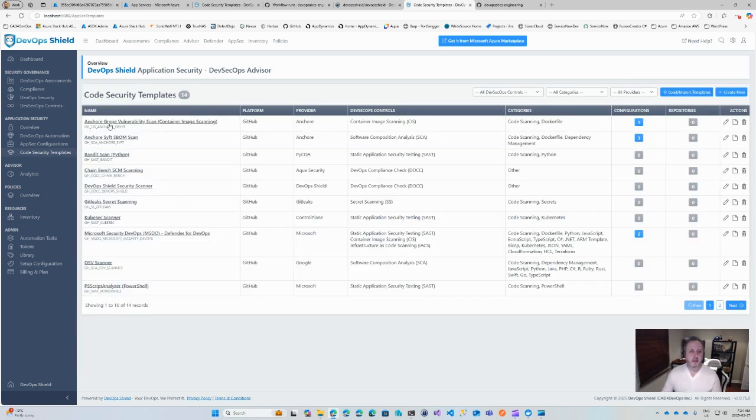Okay, so here are our code security templates under application security. Notice you have about 14 of them out of the box, and these ones are for GitHub only. So you have corresponding ones in Azure DevOps, and there's a bunch of open source software available here. I think mostly all open source software. Some for ADO, we have some